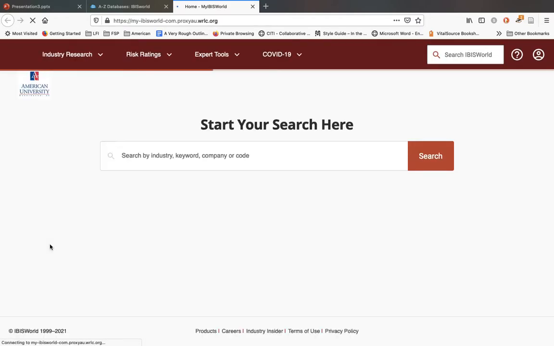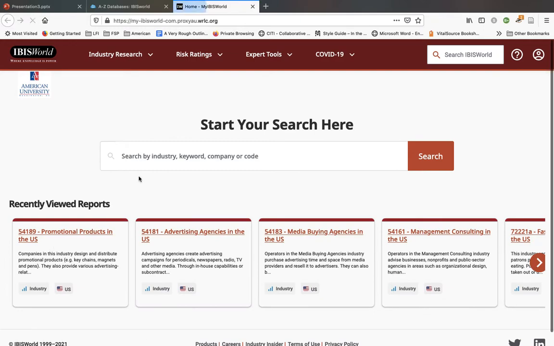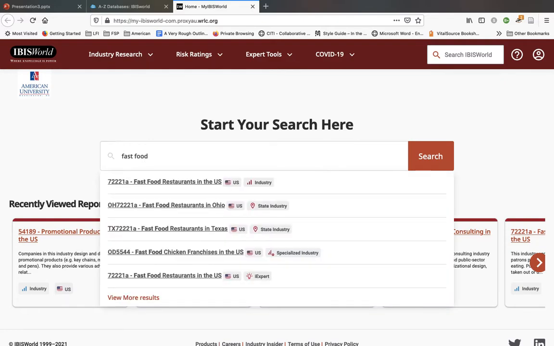IBISworld will open up to a really simple home page that has a search box right in the middle. Because of its easy-to-use search function, you can type in any words that match your industry that you're looking for. Let's say you want to find a report on the fast food industry. I could do a quick search for fast food, hit the search bar,